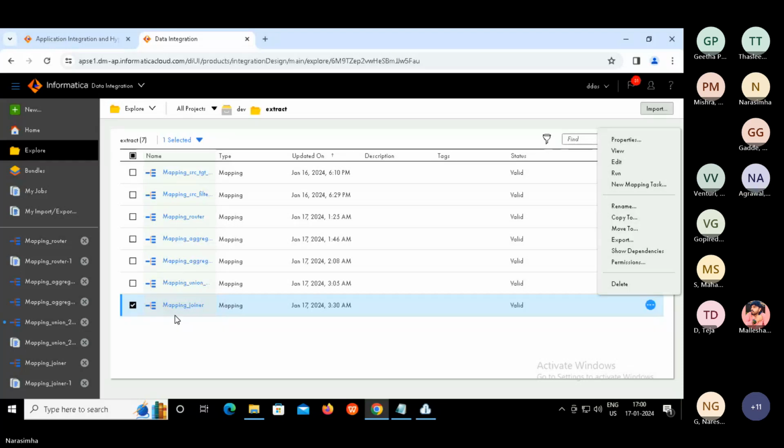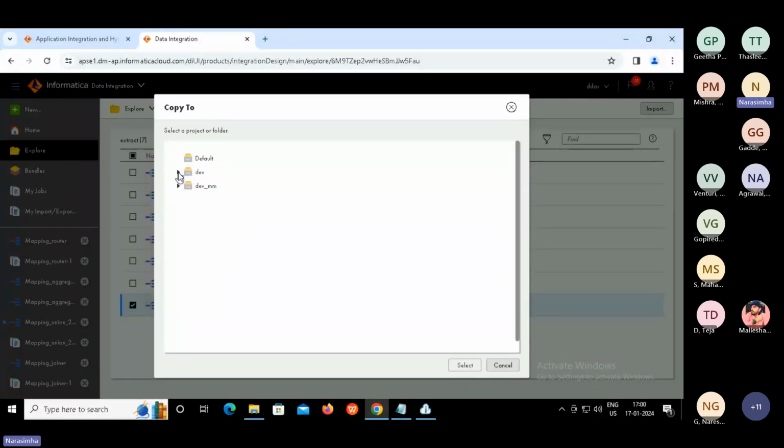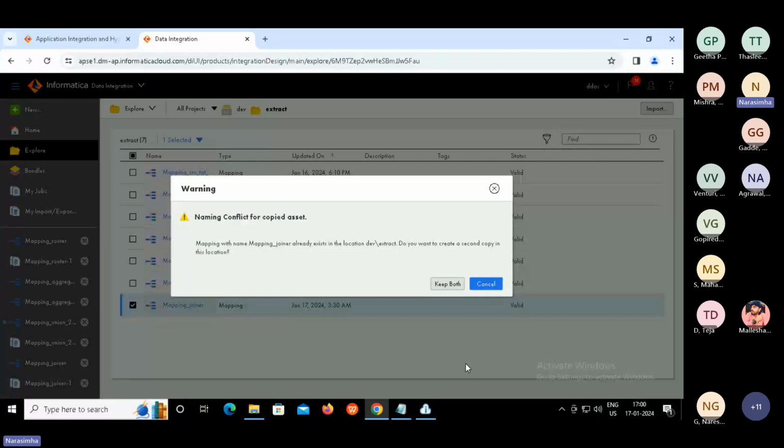Now on the right side you can see a three dotted button, or ellipsis button. In that we can see copy to. Click on that. Copy to the same location also we can put. It will maintain a copy. So dev extract, select.